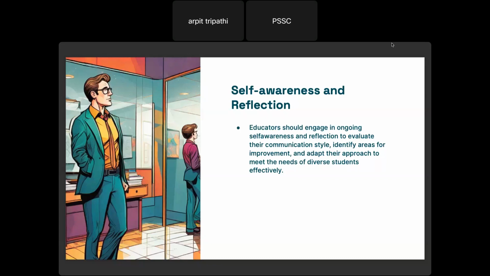So by demonstrating a commitment to personal and professional growth, educators inspire students to adopt a growth mindset, embrace challenges, and strive for continuous improvement in their own learning journeys. So when you become self-aware, of course, your emotional intelligence also gets enhanced. Self-awareness and reflection somewhere helps educators